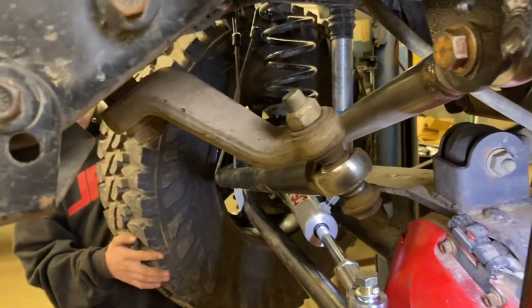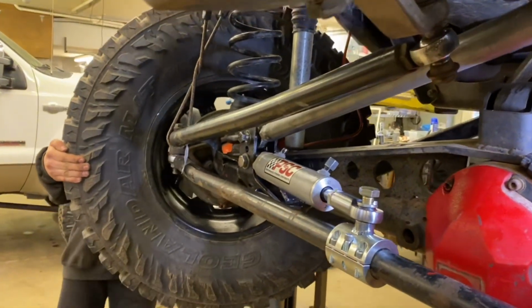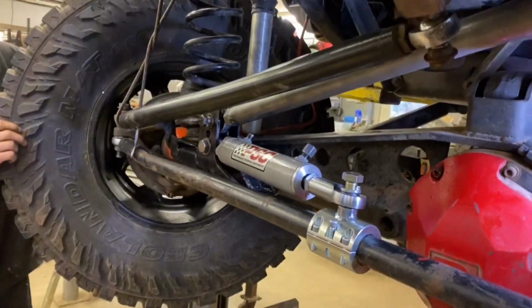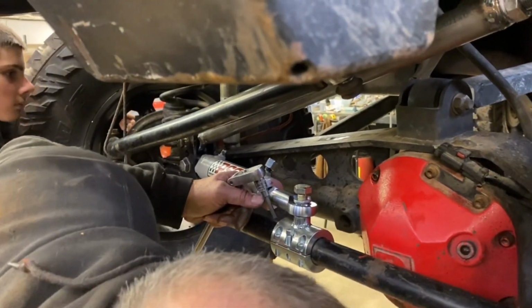Okay, go the other way, Kyle. Cycle this back. Yeah, looks good. Where's the stop? We're out right on the stop. Right, Mike? Yeah. I think what we should do is